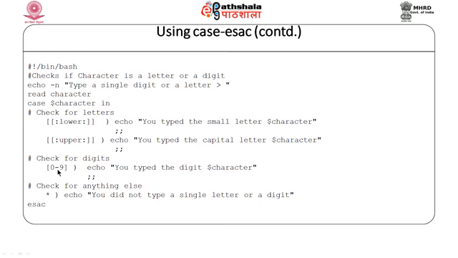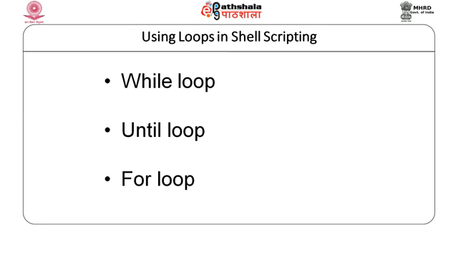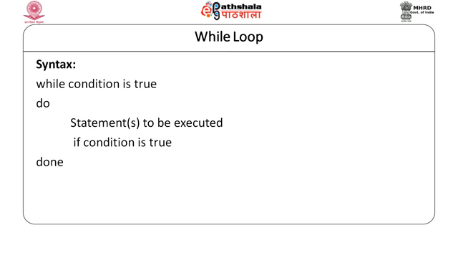Now, let us move ahead to the loops. Linux shell scripting supports three types of loop constructs. First is the while loop. You can use while, you can use until loop, which is the reverse of while, and we can use for loop. Let us explore each loop one by one. The while loop takes this syntax: while the condition is true, a set of statements will be executed. These statements are within the do and done keywords. Instead of braces, we use do and done when we use while loop in shell scripting.